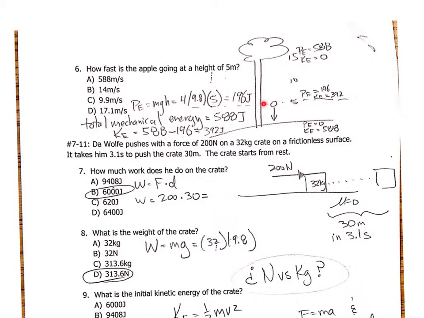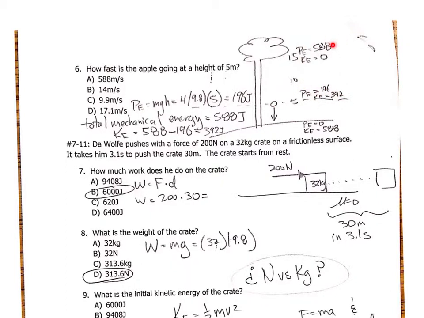So that's the potential energy here. The potential plus kinetic will always be 588. So the 588 we can describe as total mechanical energy. If the total mechanical energy is 588, it has lost a certain amount of potential energy that has gone into kinetic energy. So we were doing something like this, where we know that the potential plus the kinetic has